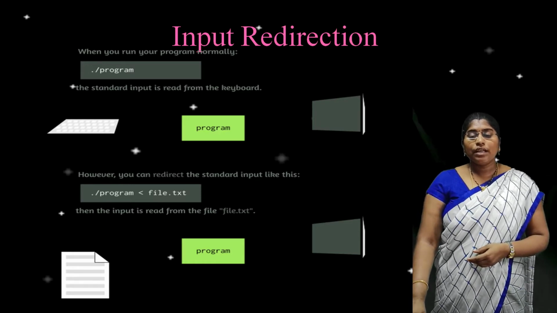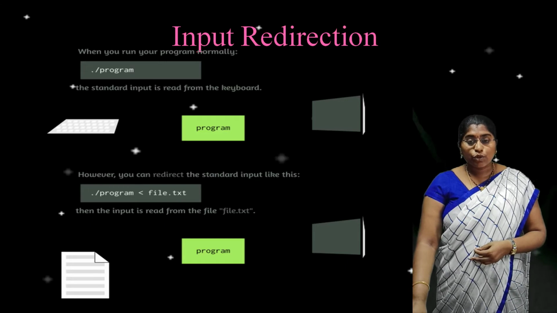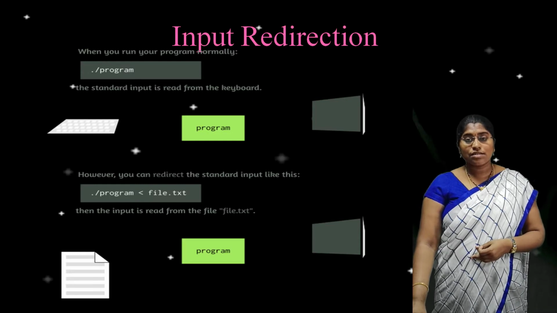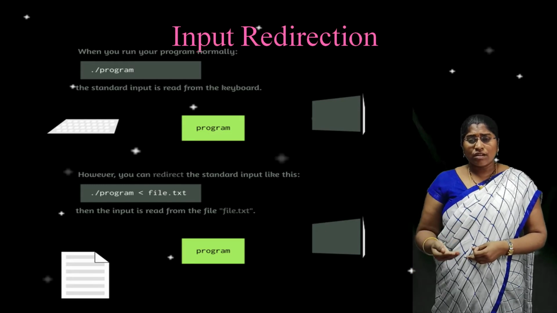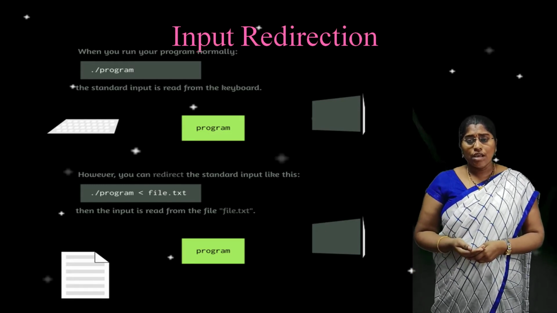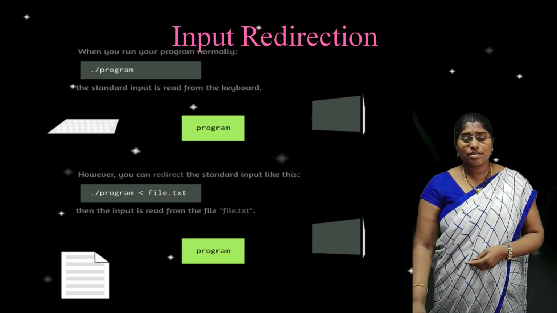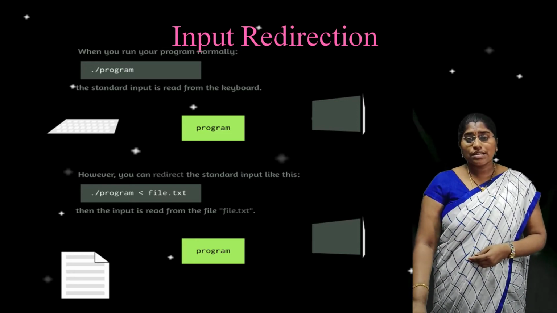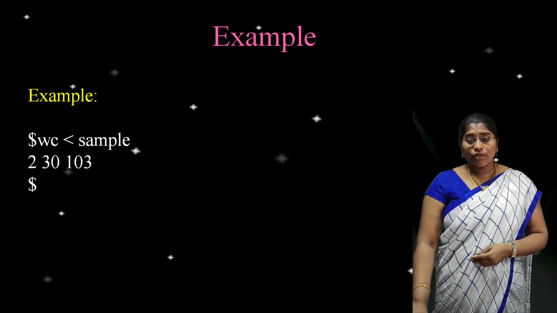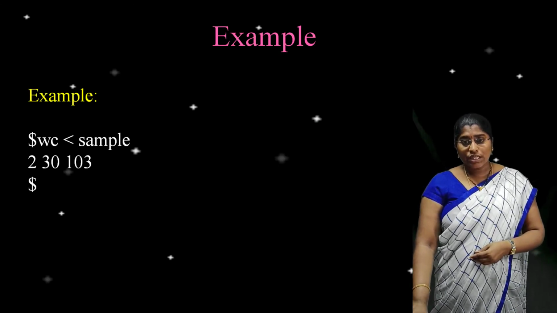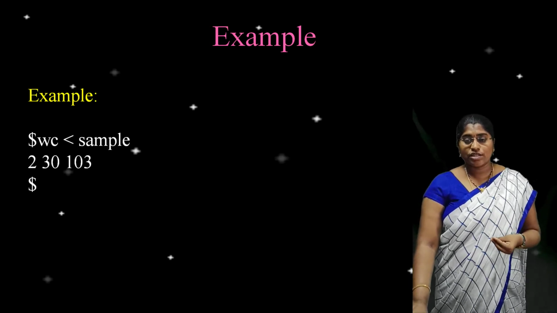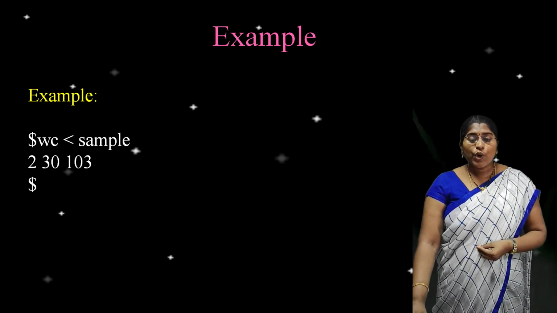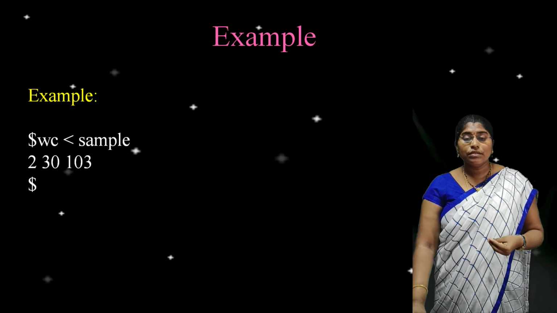So let's see this example. Here we are giving the input through the file1 instead of the keyboard, so it is represented by 0. After that, the command will take that input and it is executed in the shell prompt. Then it will give the output or any other messages. Okay, so this is the structure. Let's take this example: $ wc < sample. Here our text file is sample. After executing this command you can get the output of what the text file consists of. The result will be displayed after executing this command. Next one is, in the above example, the input is redirected from the file.